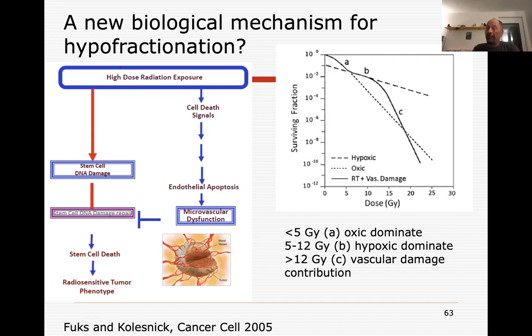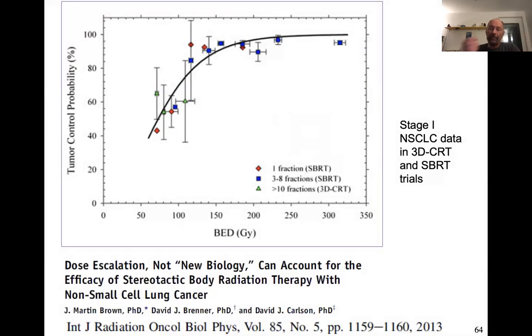Completely new concept, completely new biology. It goes completely away from the concept we saw last time, you remember, of kill one cell at the first fraction, kill another cell at the second fraction, and so on and so forth. But is this true? There's another paper coming, more recent, from Columbia University in New York, where essentially they just calculated the BED, as you can do, for different trials for stage 1 non-small cell lung cancer,